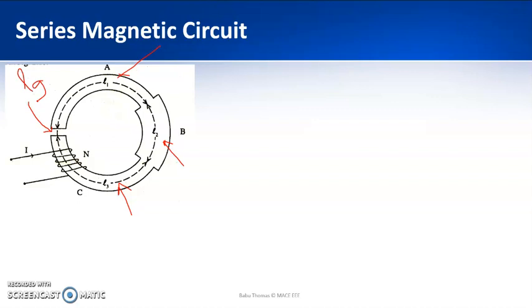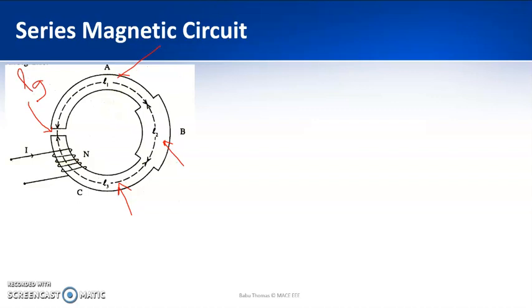Okay. Whenever you are getting a circuit like this, the first thing which you have to do is to draw the equivalent electrical circuit, which will make you solve the problem very easily. So electric and magnetic circuit comparison we have already done in our previous lecture, and now we are trying to replicate this magnetic circuit with an electric circuit.